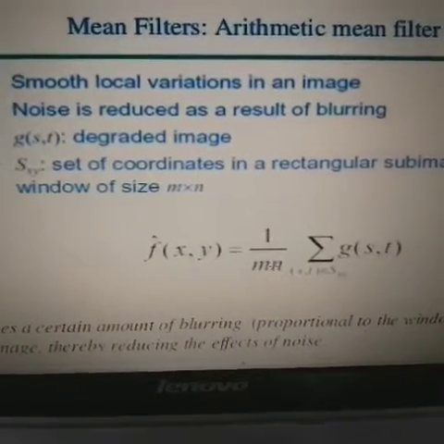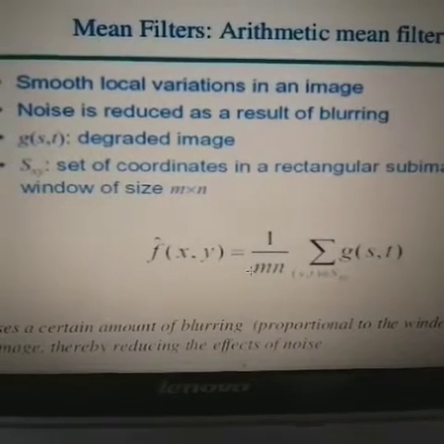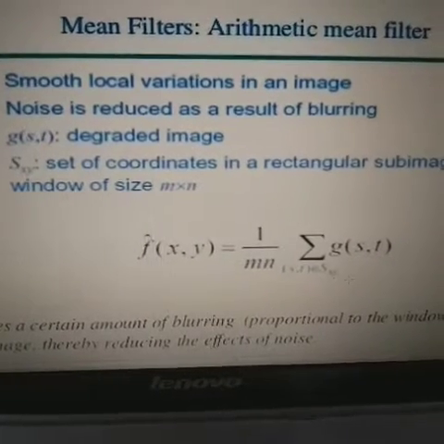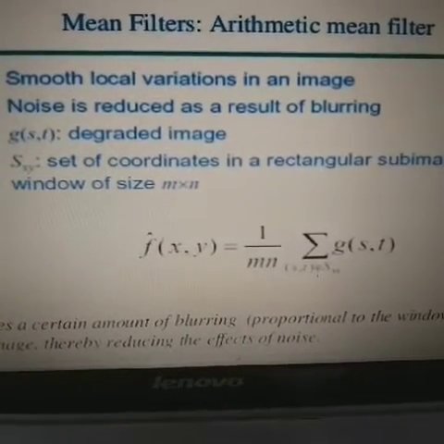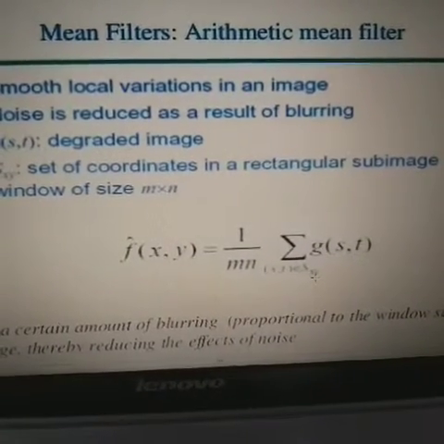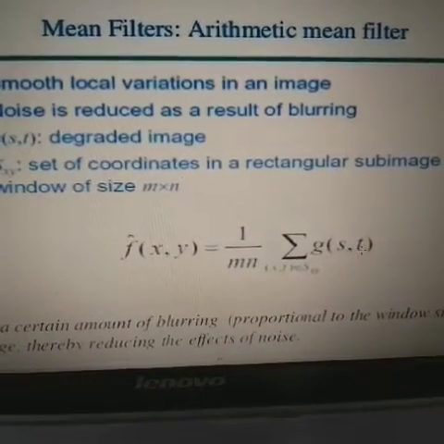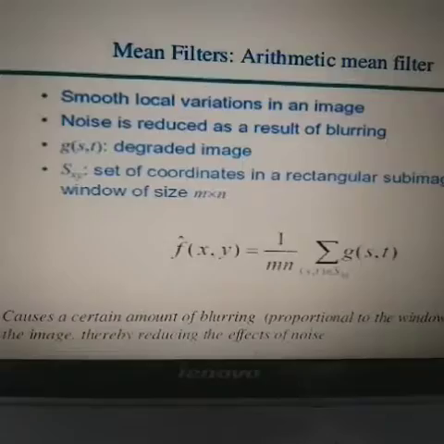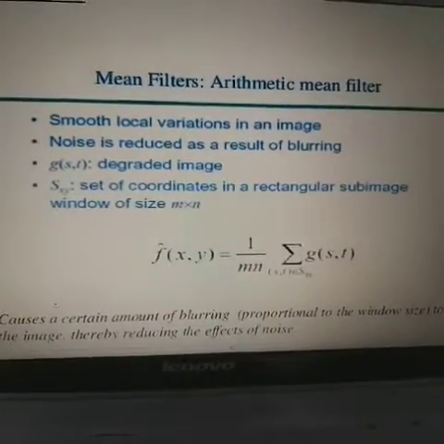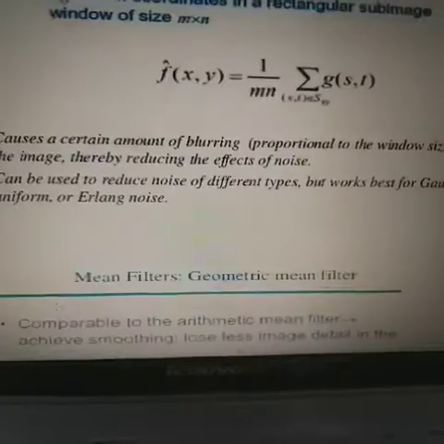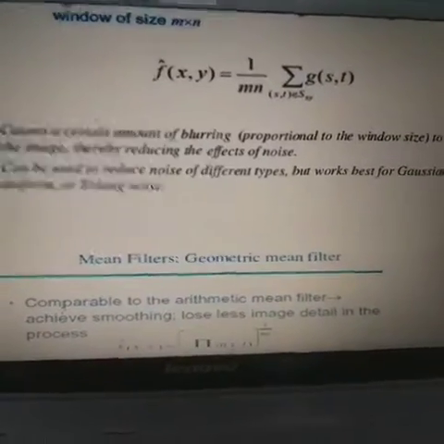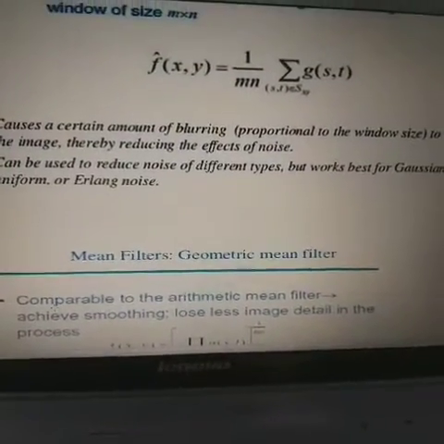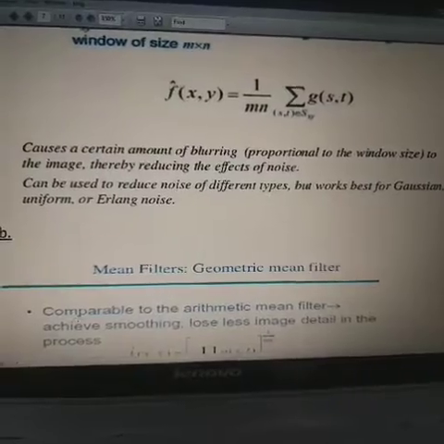It is represented by f cap(x,y) equal to 1 divided by mn, where you can also write capital M N here, the number of columns into the number of rows, summation over (s,t) which belongs to S x,y of g(s,t). This causes a certain amount of blurring which is proportional to the window size of the image, thereby reducing the effects of the noise. It can be used to reduce noise of different types but works best for Gaussian, uniform and Erlang noise.